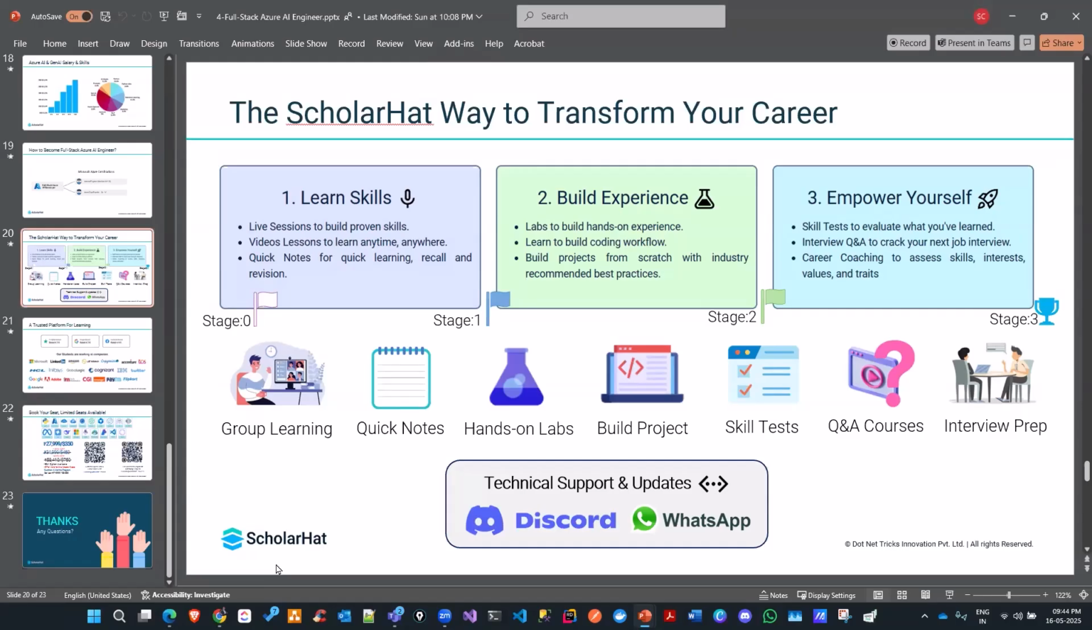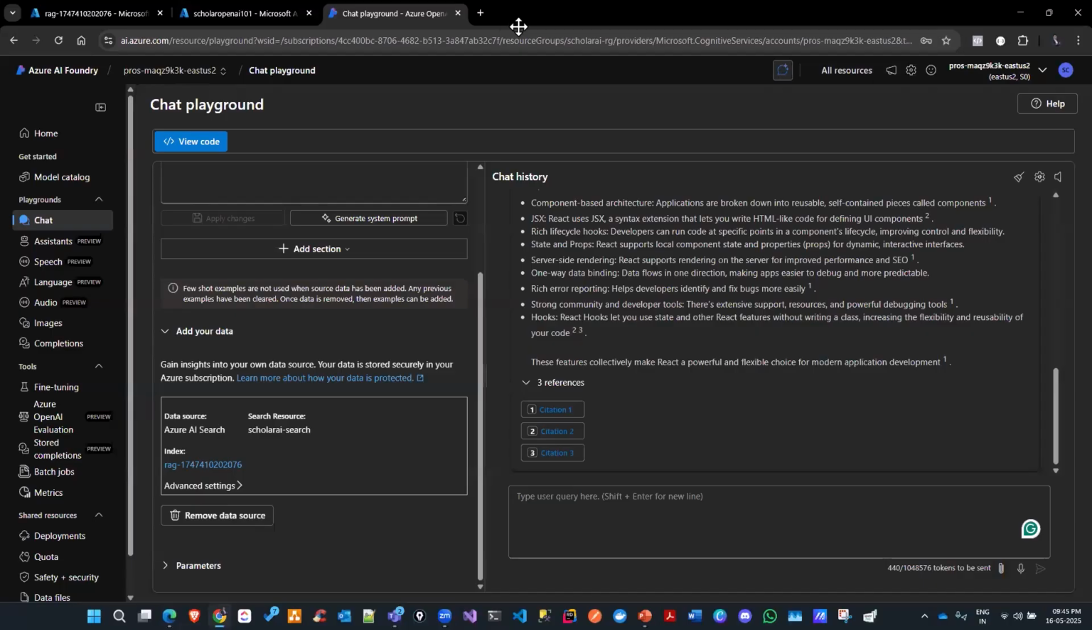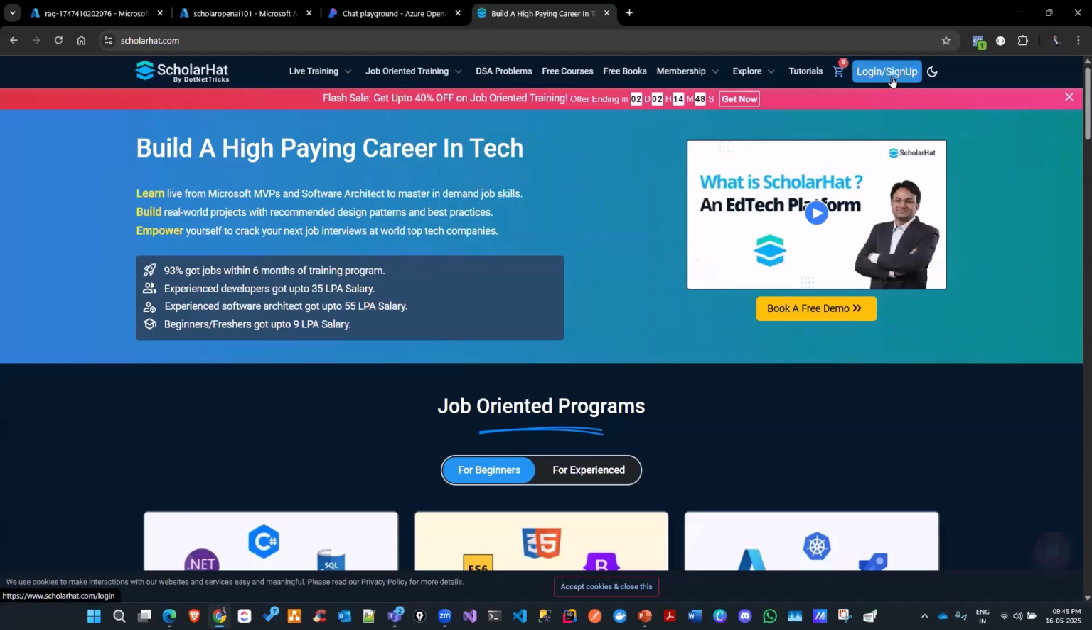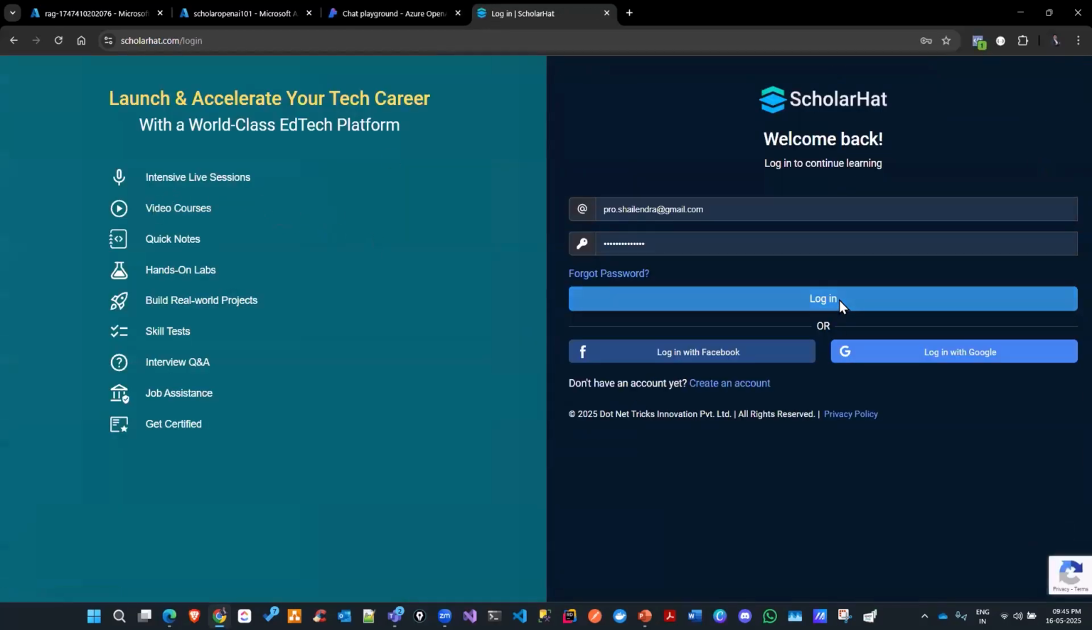Because notes help us to revise a particular topic quickly, we are offering you the quick notes as well. And everything is available through the LMS also. So when it comes to Scholar Head, we have an LMS here. When you log in there, and when you log in to Scholar Head,